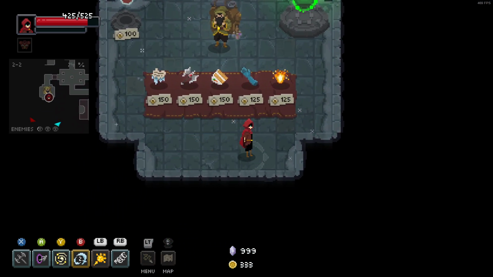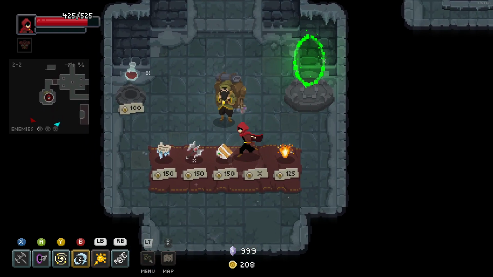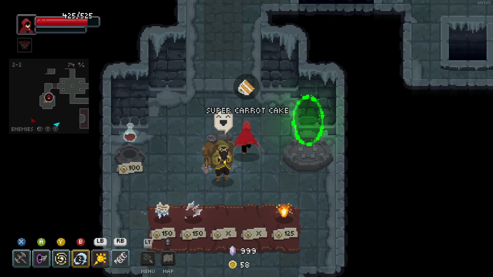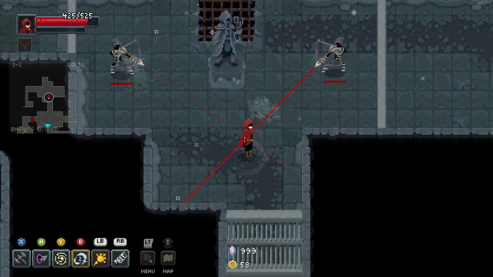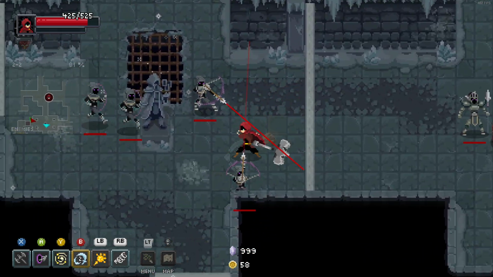Evening gloves. Sweet. Absolutely taking those. I also love the super carrot cake. That would be a lot more HP, the more we're hit. I also love the Whimsical Explodium, but I don't think we really need that here, as we mostly struggle killing enemies, not exactly getting them to low HP, so...